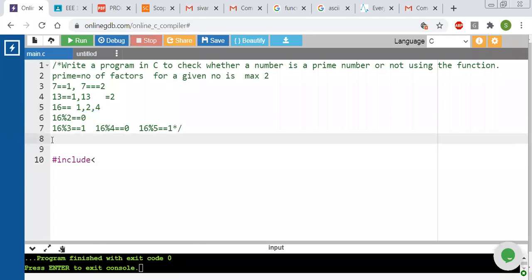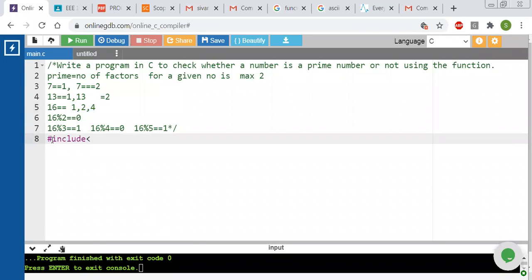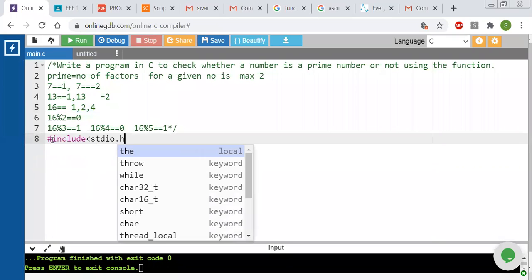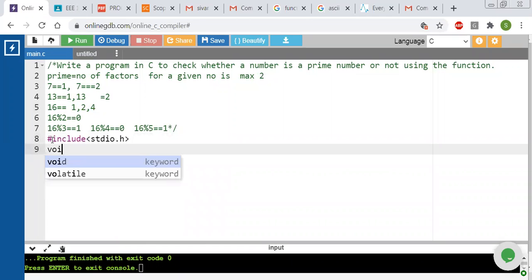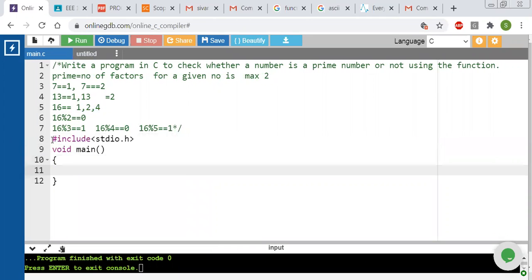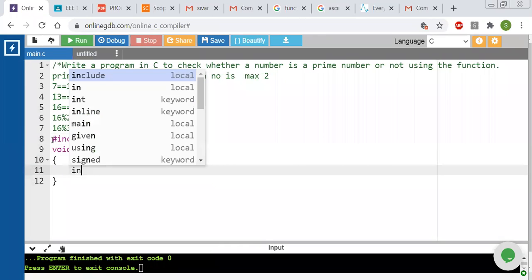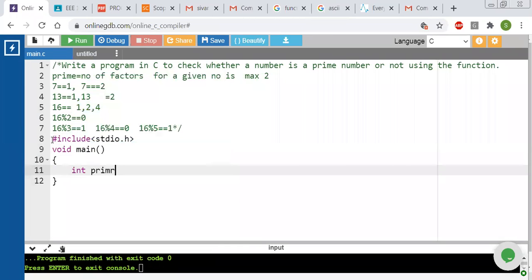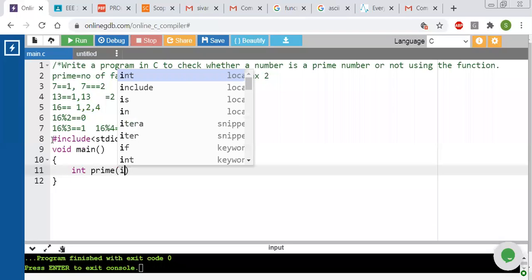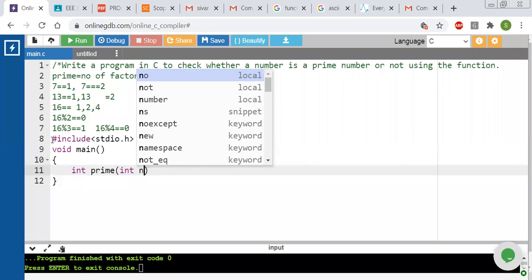Okay, directly I'm using functions. I'm writing the program with the help of functions. So #include <stdio.h>, void main. Now we write the function declaration here: int prime(int n);